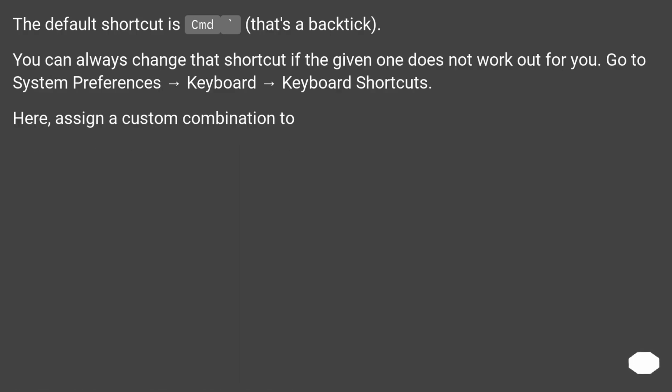The default shortcut is CMD plus backtick. You can always change that shortcut if the given one does not work out for you. Go to System Preferences, Keyboard, Shortcuts. Here, assign a custom combination to